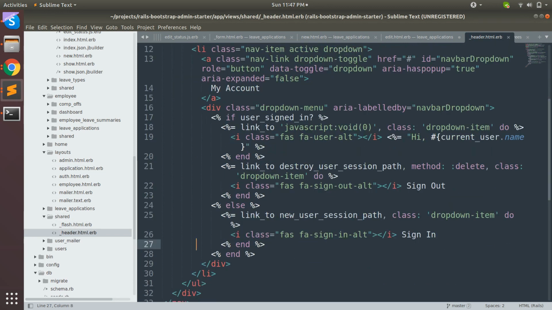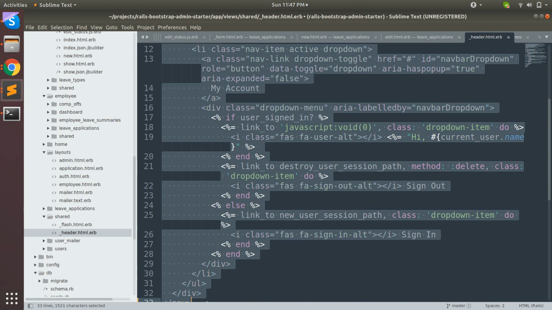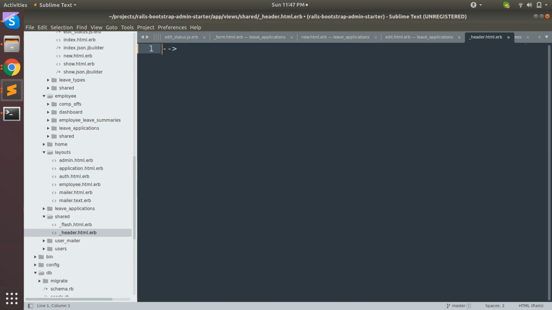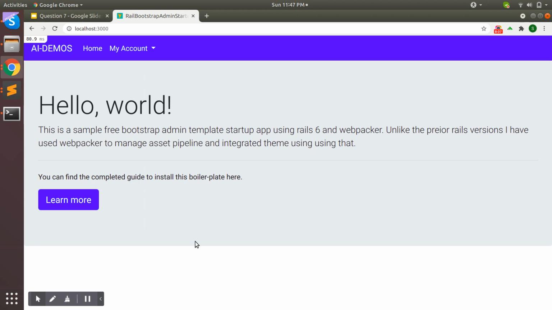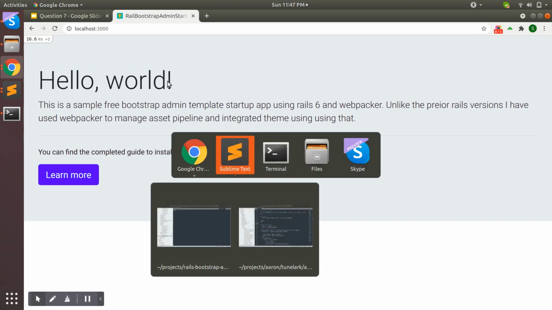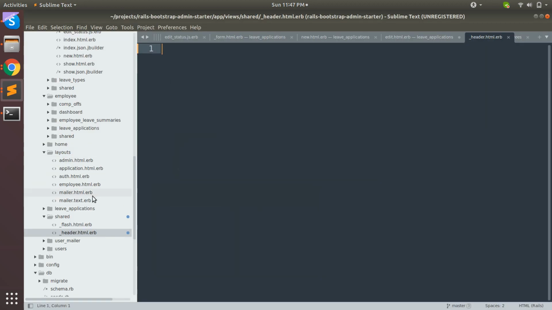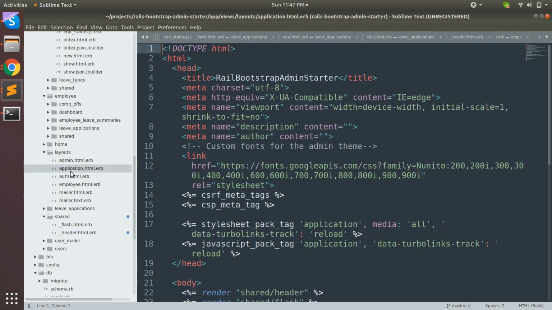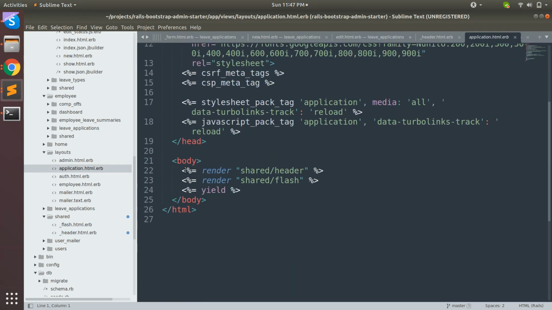Now if I comment this out, or delete this content here and refresh the page, I will see that the header has disappeared. Why? Because I erased the content from the header partial which I was rendering in the application.html.erb file, or you can say the HTML application layout.